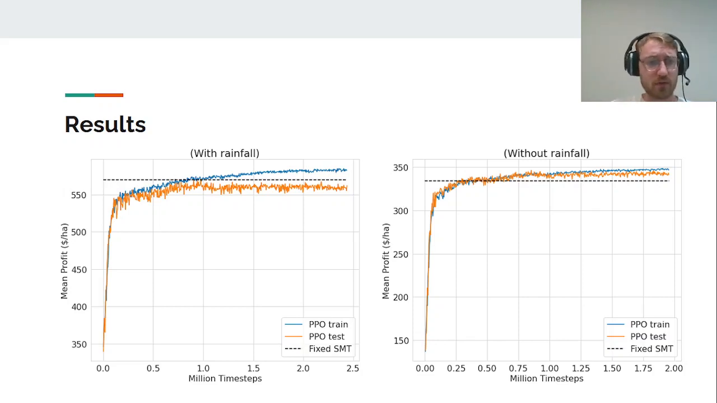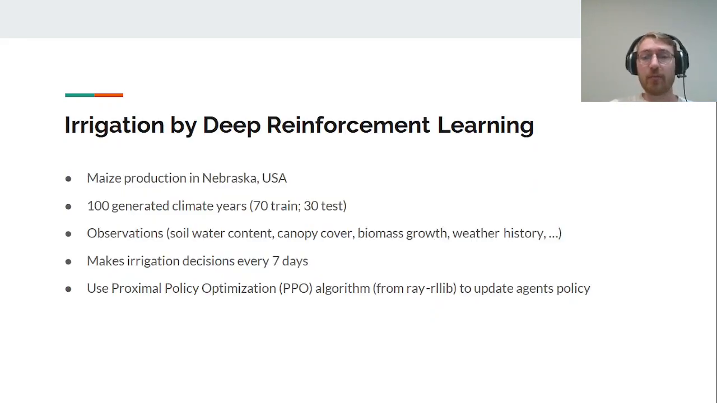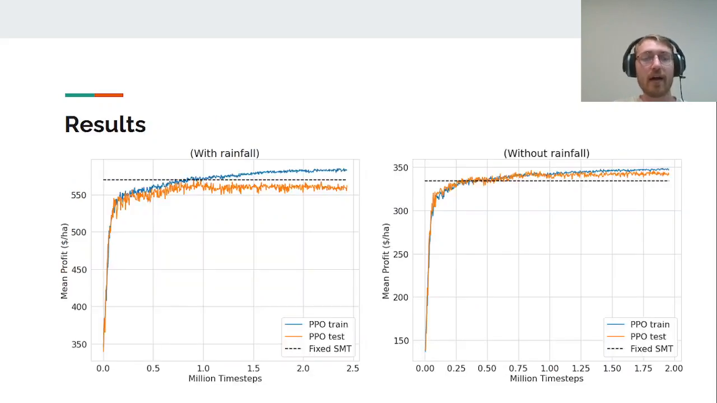Just before I forget, going back, the reason why we've used synthetic training climate years is because the average profits that we want to maximize are the same for the training and the testing sets. So for the training years, the agent does very well. However, for the unseen test years, the algorithm never quite reaches the heights of the average profit achieved by the